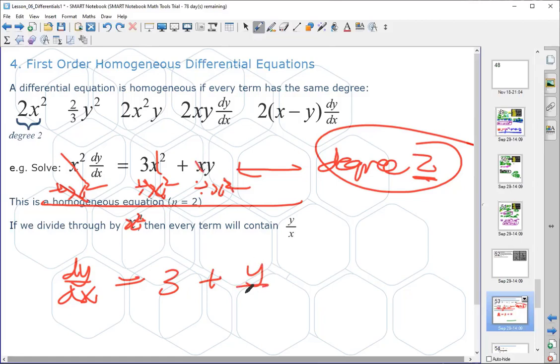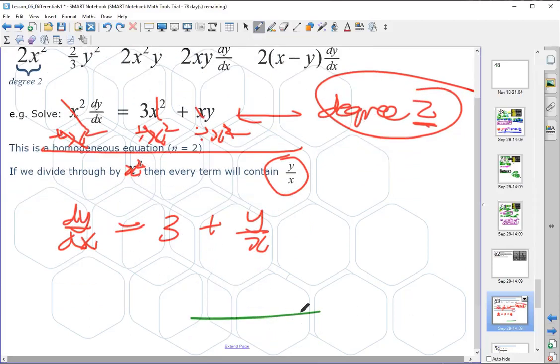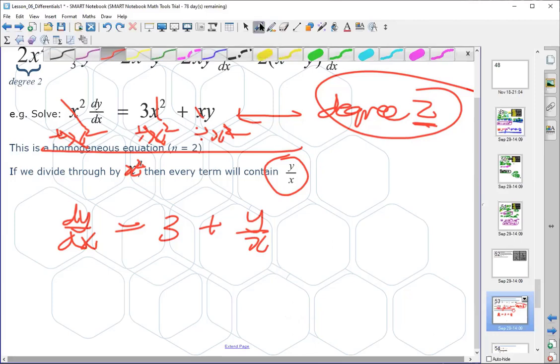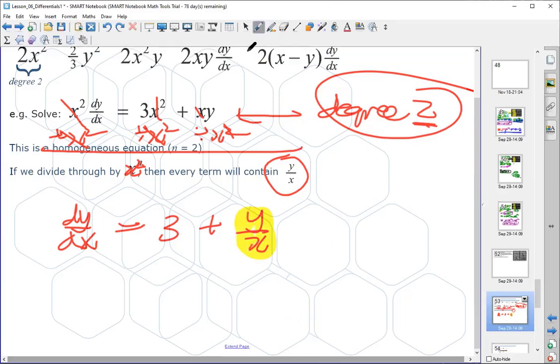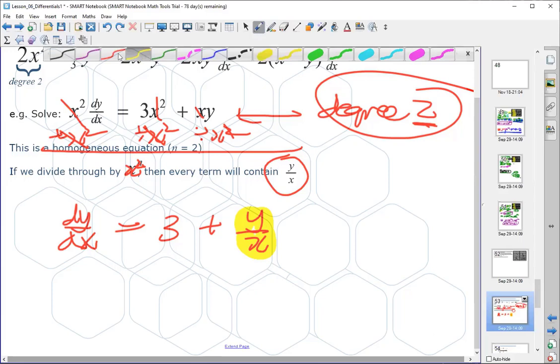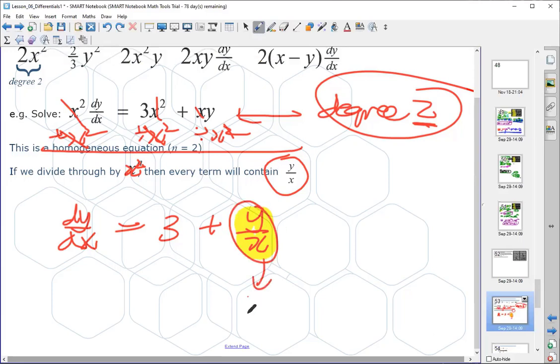x gives us y over x. Now we're going to use substitution. We're going to replace y over x with u. Plus 3. Now we can't leave this as dy by dx, because if we did, we'd have 3 variables,